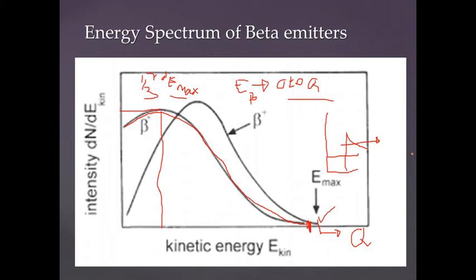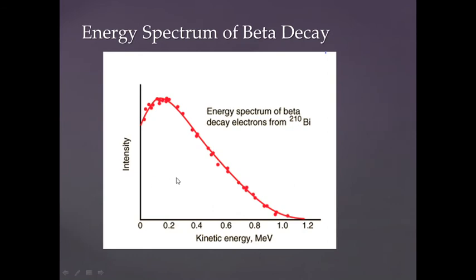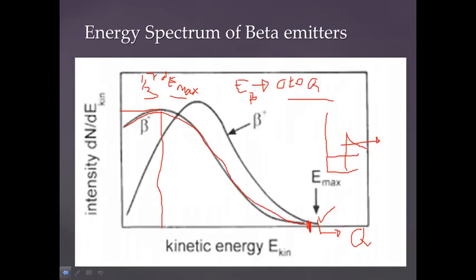So let's see. These are all some of the difficulties in the beta emission. We will see in the next lecture. Okay, you can see that the other thing which has to be noticed here is this,